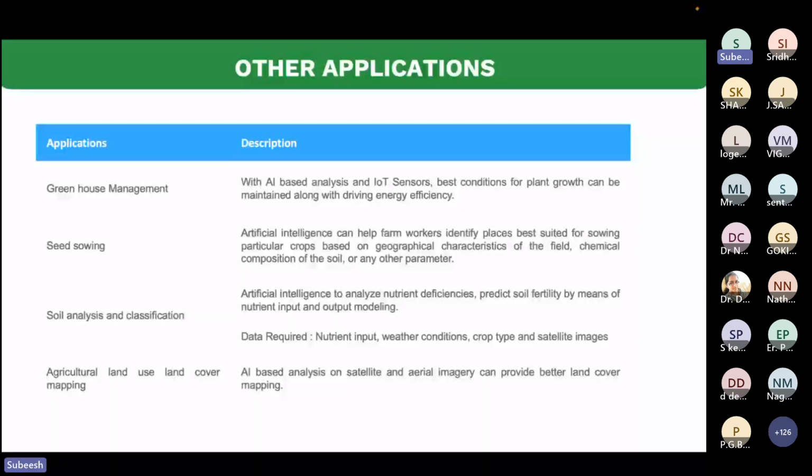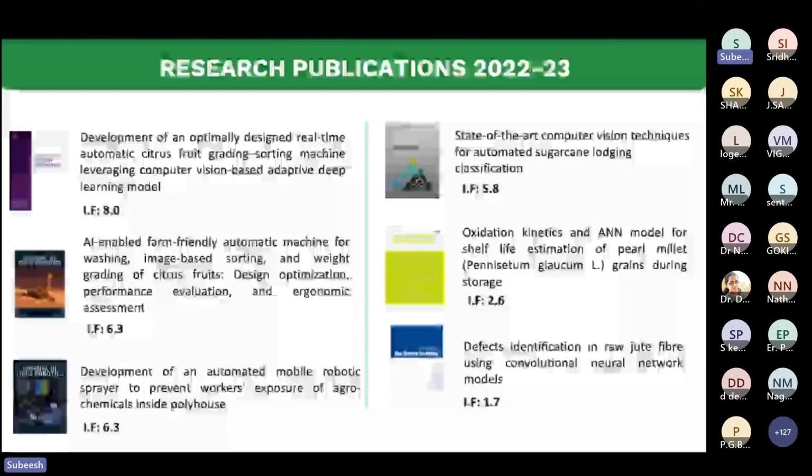So there is good scope for research. There are a lot of other examples also, even supply chain management using blockchain and AI. There are multiple applications; I've added some of them. And these are some of the publications and works that we have done. This is the work I was talking about, the sorting machine we designed recently. It was published in Engineering Applications of AI and Field Robotics. We have a couple of publications in that.